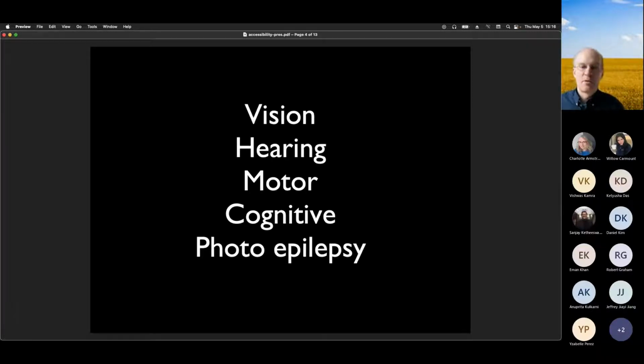So let's look for a moment again at some of the different impairments that people may have. If you have a visual impairment, you're not able to see the screen, or you may not be able to perceive color, or you may need to use a screen magnifier, which means you're only looking at a very small part of a larger screen. A person using a screen reader needs to have a web page that is understandable when you're listening to it